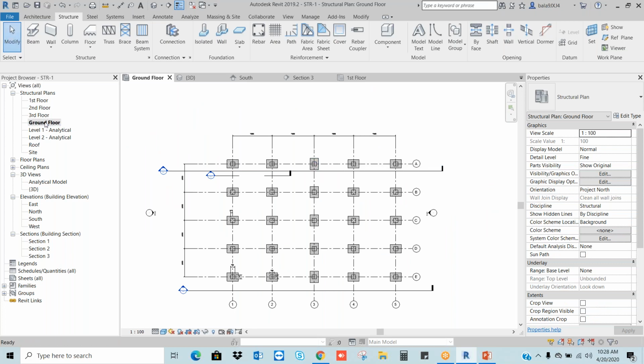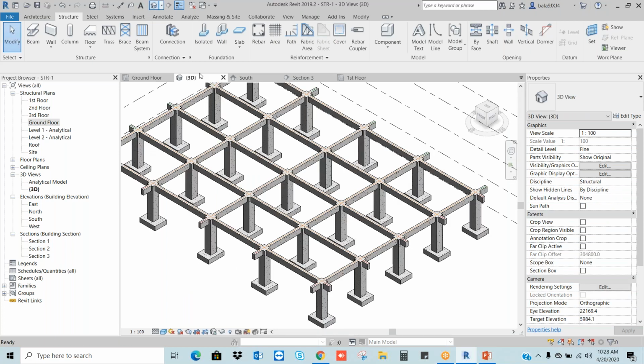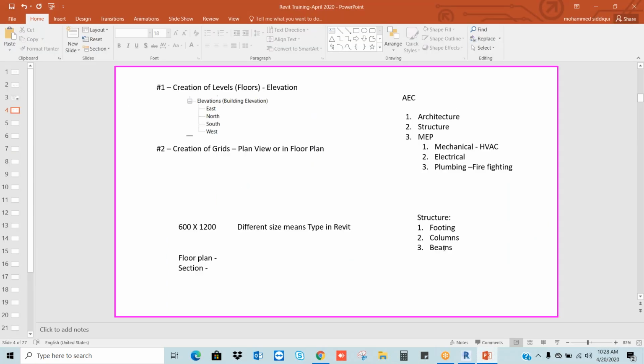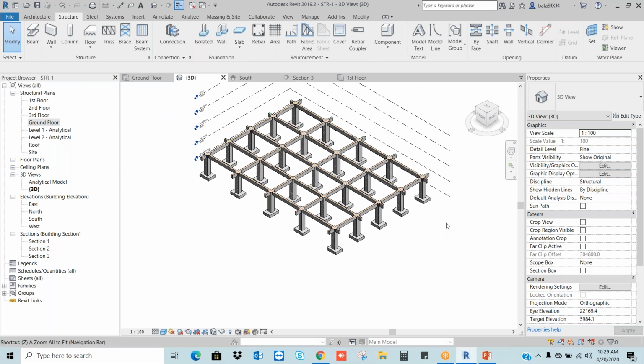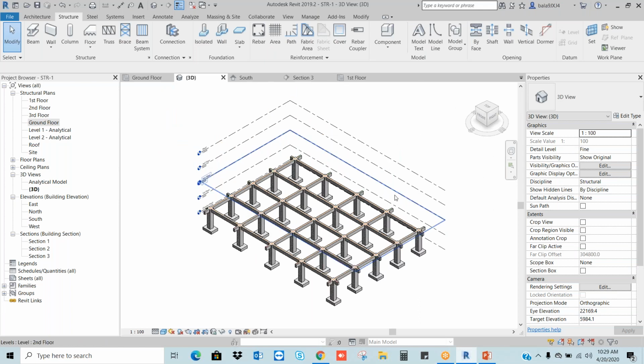Now I'm coming to the ground floor. See, according to our requirement, if you see the structure, we place the foundation, footing, and the columns, beams. This is a very basic requirement for any building. Now it's clear for everyone.